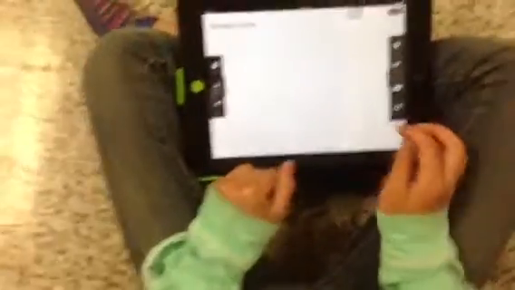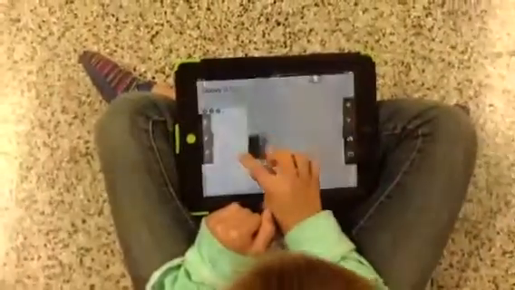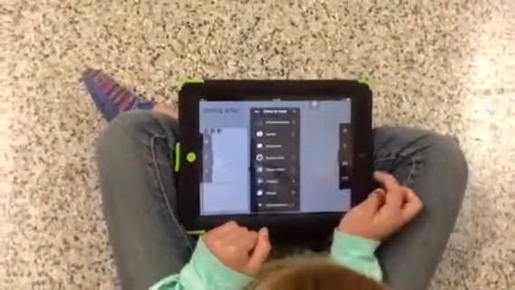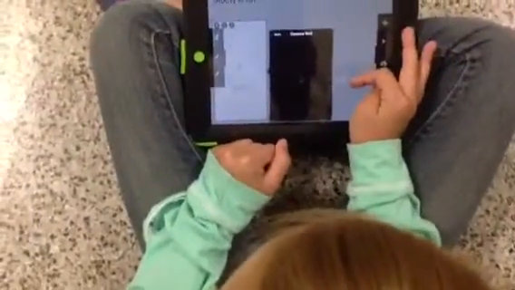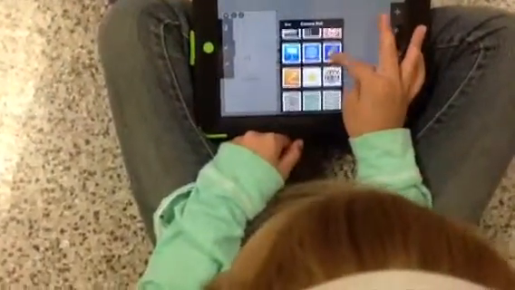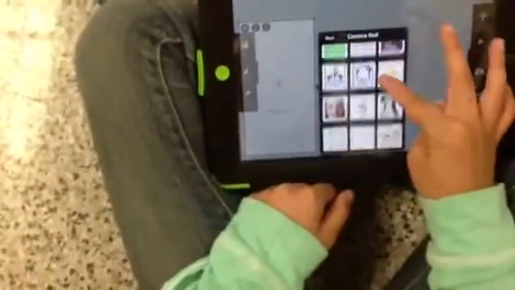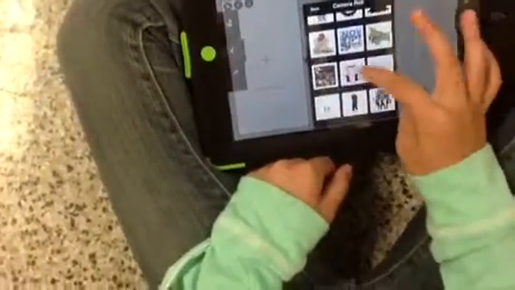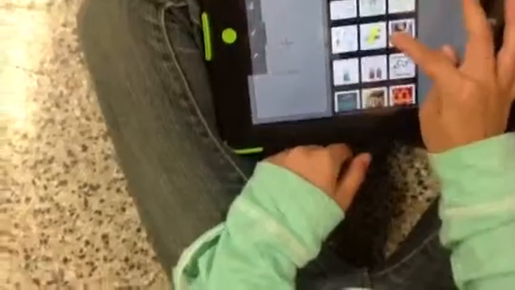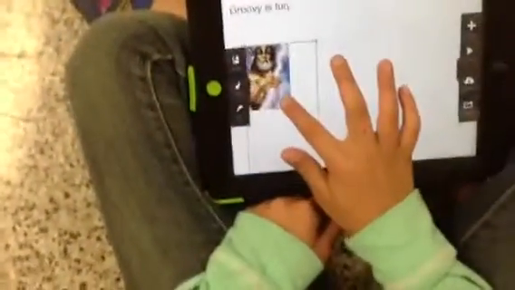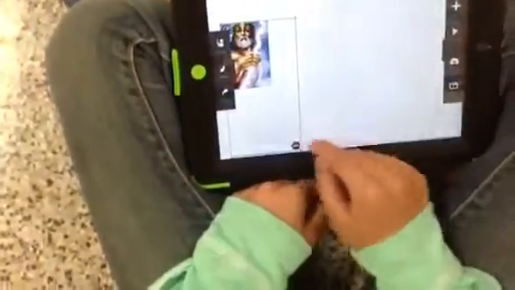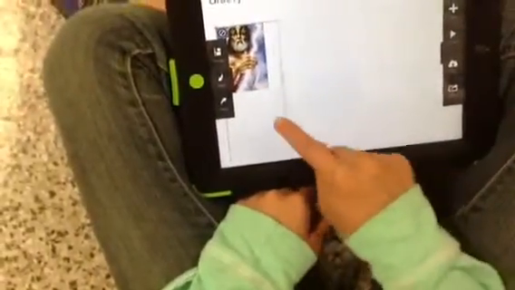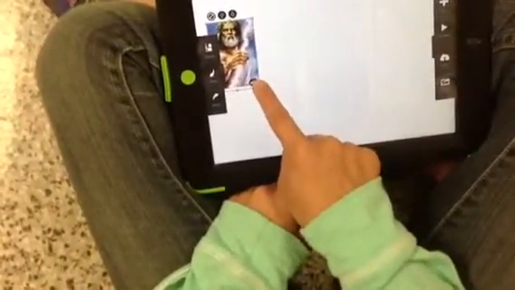You can also put in photos. So you're going to hit double click, you're going to hit the image button, and you're going to click on iPad or camera roll. Then we'll scroll down, and we'll find a photo of Zeus. So now that we have a Zeus photo, you can crop the photo so that it fits inside